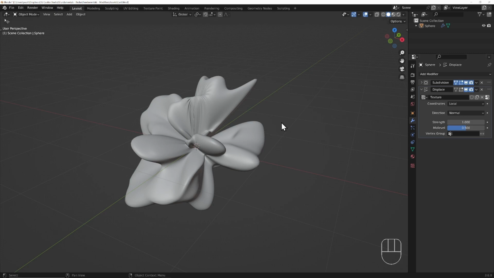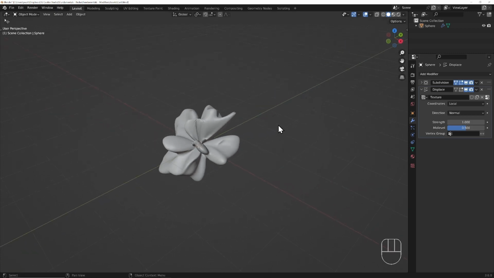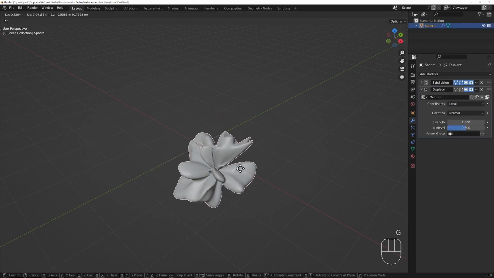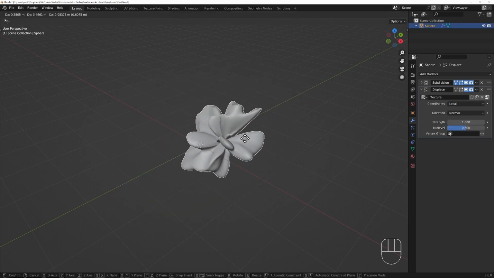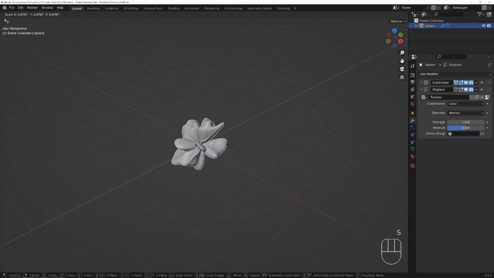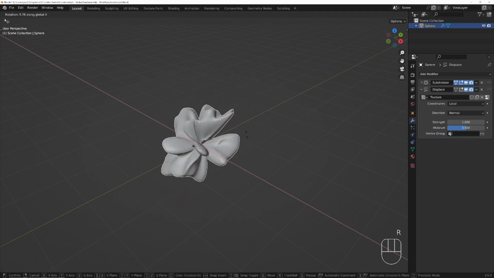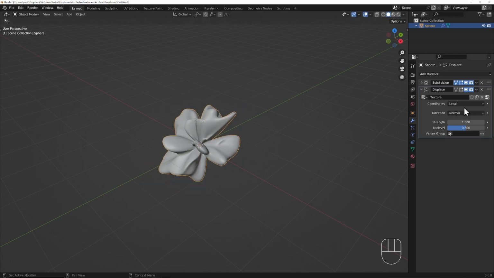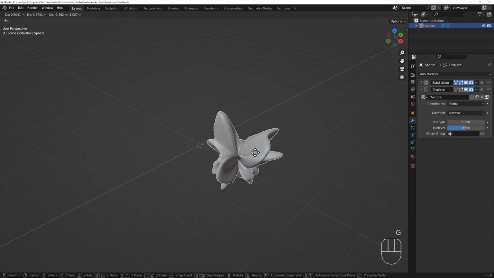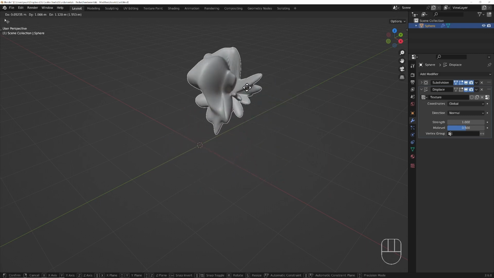Some of the controls that were grayed out earlier are now active. The coordinates dictate which system the texture will displace the surface of the mesh. Local means that the texture moves, scales, and rotates along with the object. The global coordinate system means that if we move the object, it actually moves through the texture which exists in